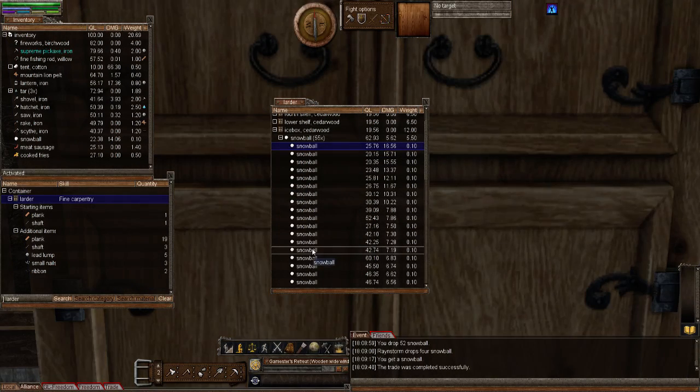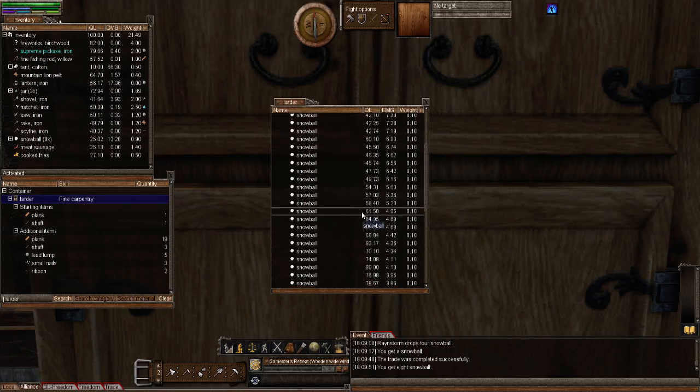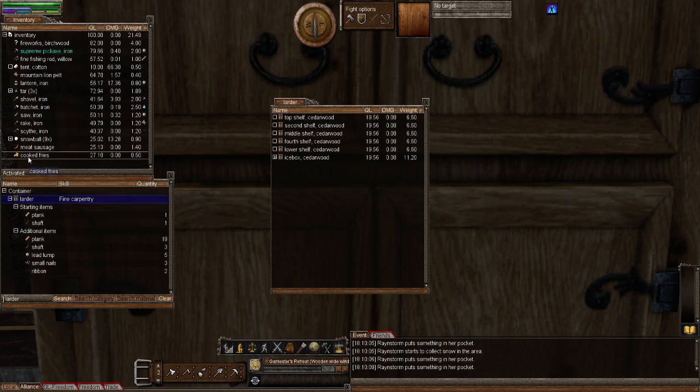Anyway, let's take out the damaged snowballs. So I'm just going to do the ones over 10. Okay, so you'll notice now that these still take damage, decay damage, but at a much slower rate. Well, they haven't taken any yet. Okay, so you can fit a total of 100, remember? Anyway, let's now put some food in there. So if I put that in the top,